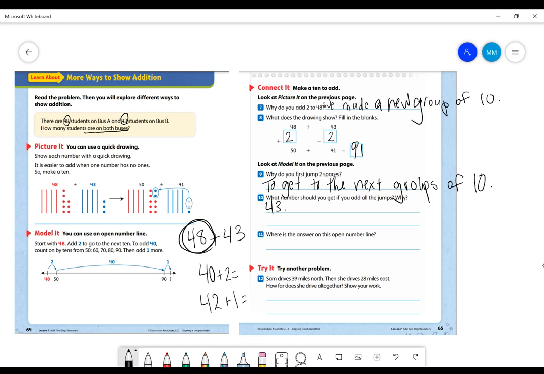So 43 was the part that we added. What was our other part in the problem? What was the part that they gave us to start with? Added to 48. Where is the answer on the open number line? So looking at our open number line, where would our answer go? It would